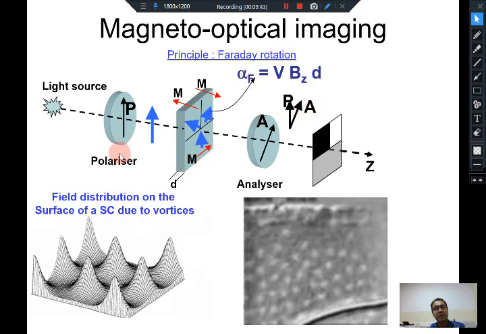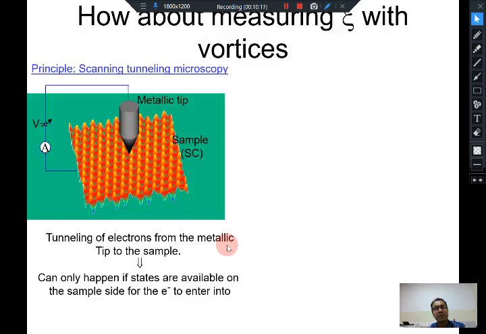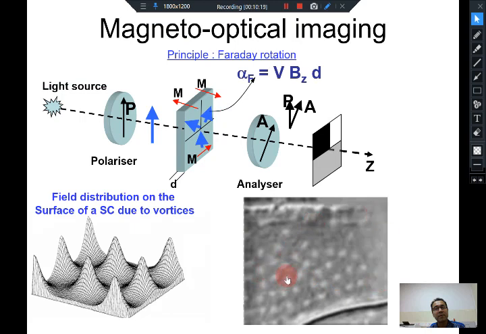That is something we do at IIT Kanpur, where you come in with a polarized beam of light, and the polarized beam undergoes a Faraday rotation wherever there is a local magnetic field present on the sample. So in a superconductor where vortices are present, there are magnetic fields over the vortices, and between two vortices no magnetic field is present. If you come in with linearly polarized light, wherever the local field is present it will undergo a Faraday rotation, so you can detect how much the rotation is and create a map of the magnetic field distribution. So this is actually an image, where you can see the spots.